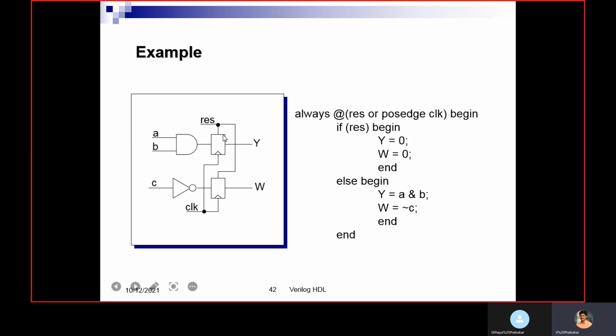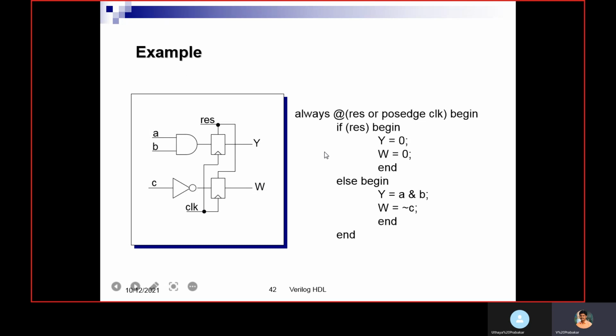Here it is an asynchronous reset. That means reset is not depending on clock. Whenever we apply the reset, the output goes to its default state. When I apply reset, Y and W should be 0. At each passage of clock, it will sample the values of A and B, and that value is assigned to Y. The NOT of C will be assigned to W at each passage of clock.